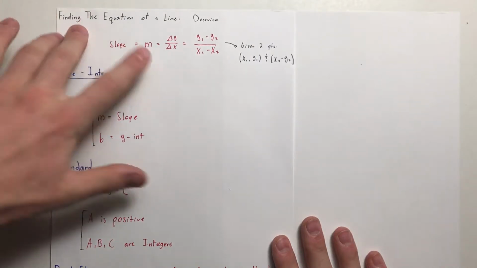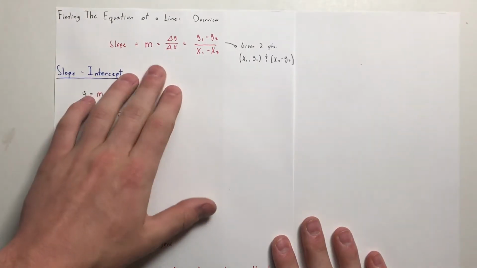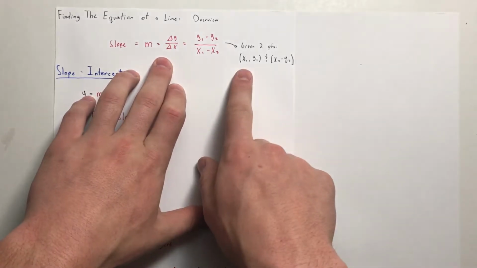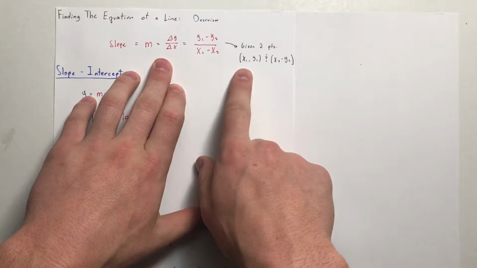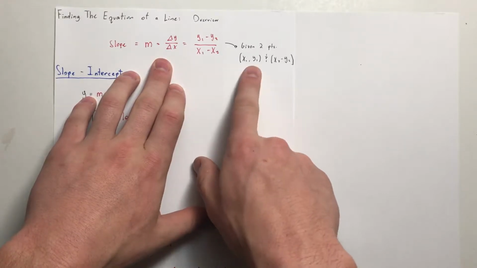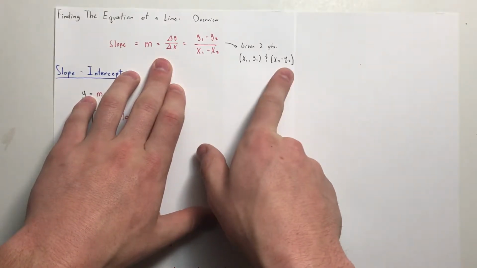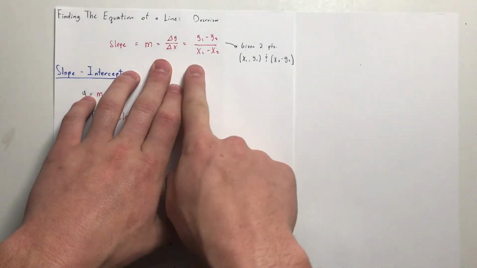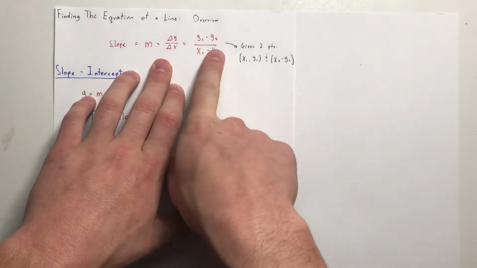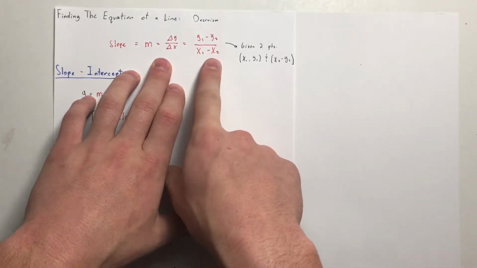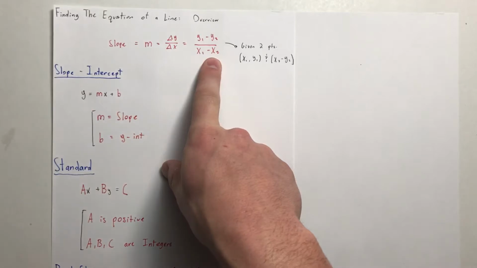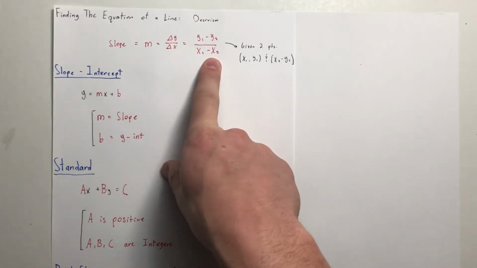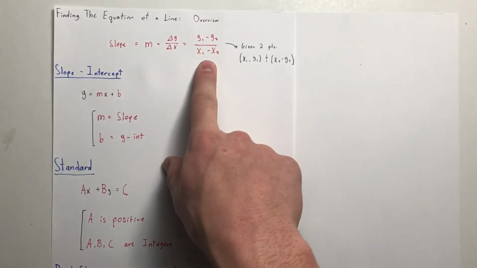The slope of a line we always call m. And slope is given by change in y over change in x. So say that you're given 2 points, x1, y1, and x2, y2, that lie on any given line. You can calculate the slope using this formula here, y1 minus y2 over x1 minus x2. And we'll get plenty of practice using this formula. But normally when you're trying to find the equation of a line, your first step is going to be to